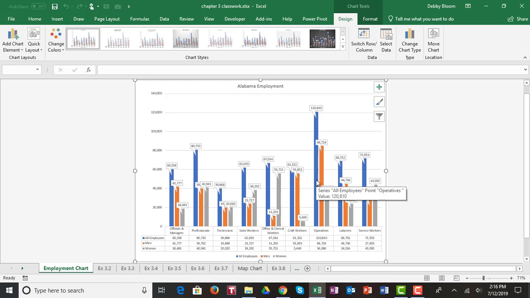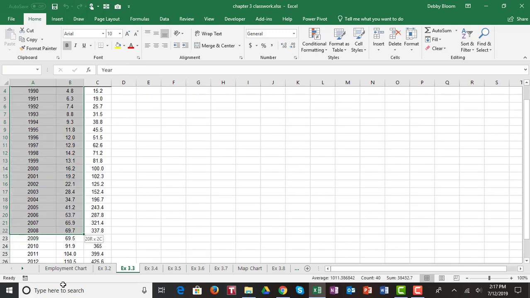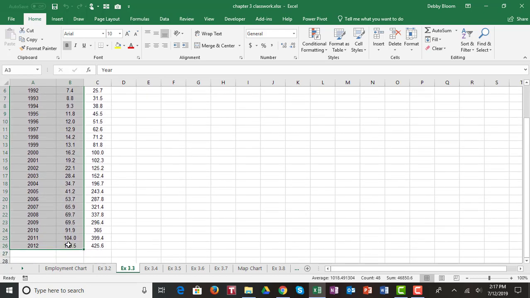Now let's move on to exercise 3.3. In exercise 3.3, they're telling you to create a line chart for China export data. So we're going to click on the EX 3.3 worksheet tab. We're only going to look at the US exports to China. So what we're going to do is click in cell A3 and select the range A3 down to B26. We're going to click Insert,